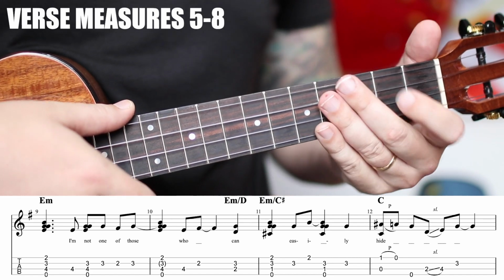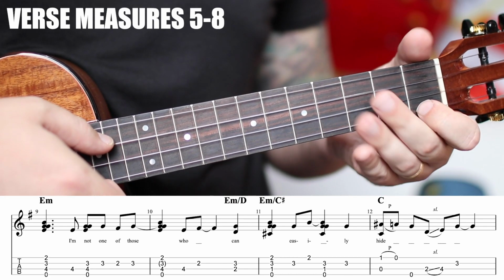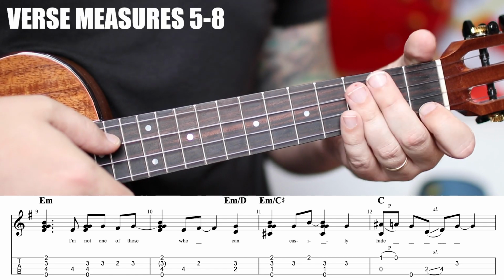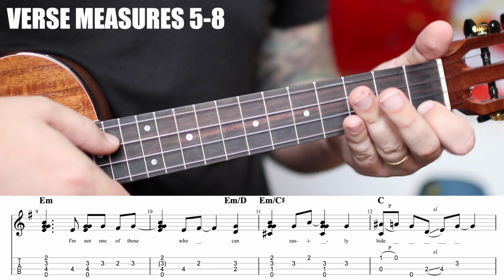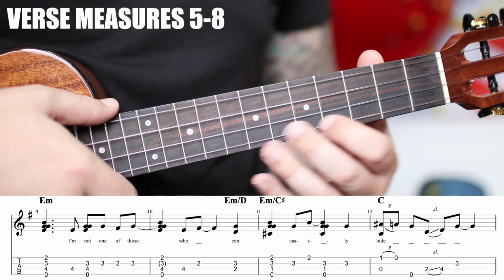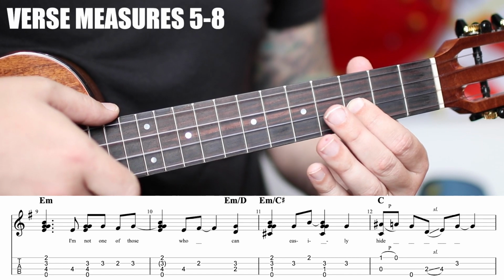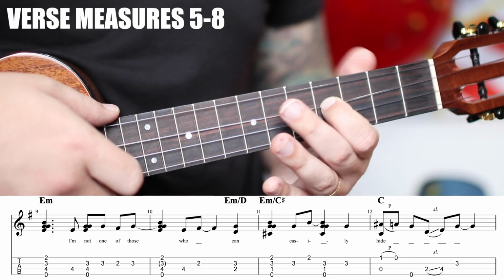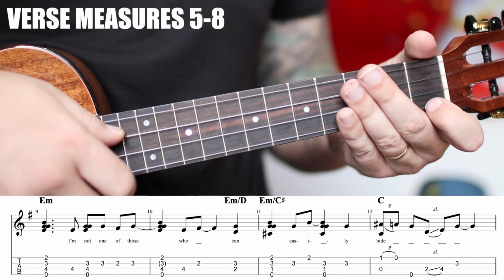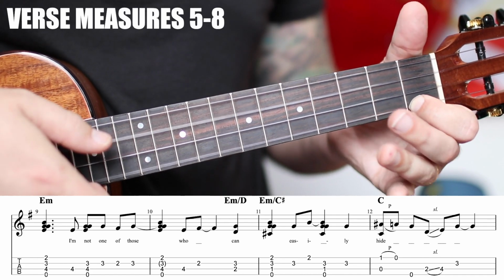So that 4th measure, you're going to play C note and the 1st fret of the A string together. But when you do that, you want to pull off the A so you get the sound. And it's really a B flat going to an A, going to a G, going to a D, up to an E. So you're going to pinch that open C and the 1st fret of the A, pull off